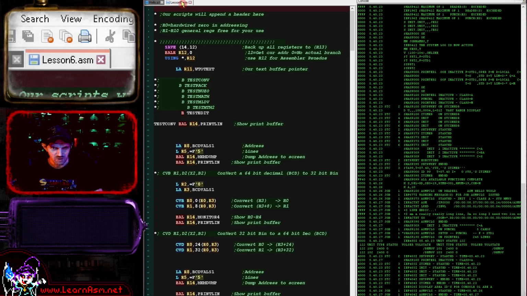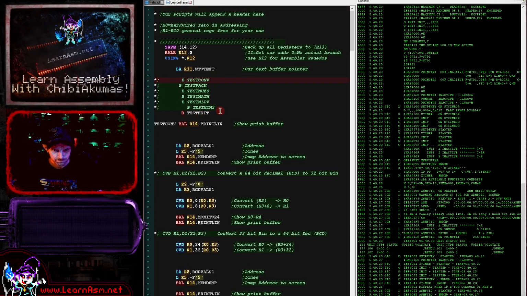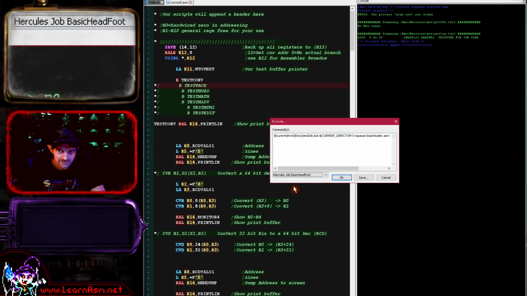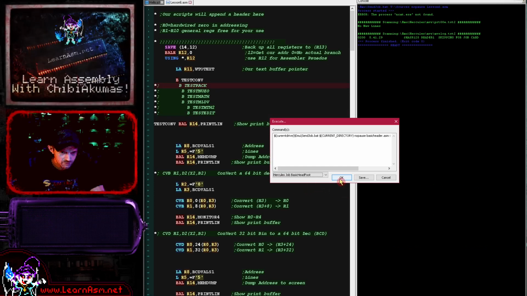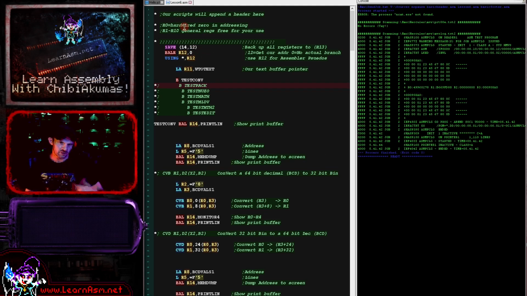Okay, and so this time we're going to run lesson 6. We've got a jump block at the start for our various tests, and the first one we're going to run is test convert. So this time we need to select the Hercules job basic head foot, and we need to run this here. That function basically adds a header and footer that converts this into a complete job, including my